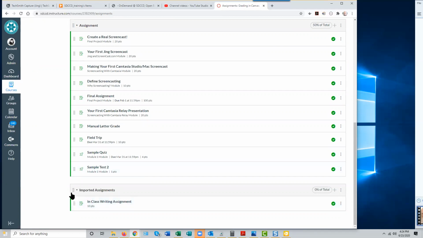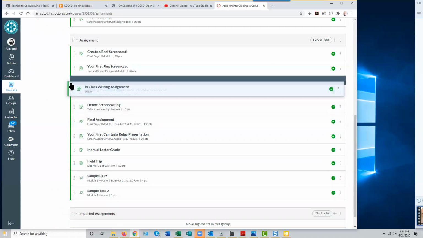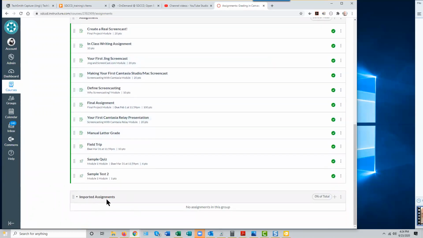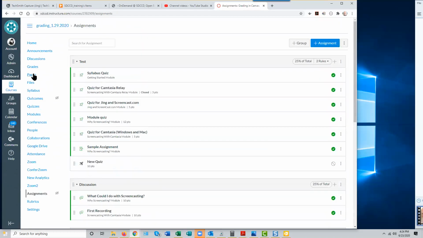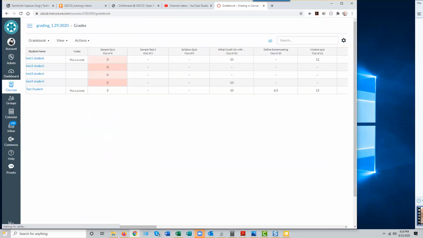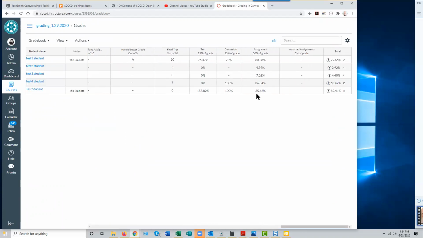So if I'm going to use it, I'm probably going to drag it up into my assignments group and put it in there. And then the imported assignments group becomes empty. If I leave it there and I go to the gradebook, it's going to show up as a column in my gradebook, because each of the assignment groups shows up,